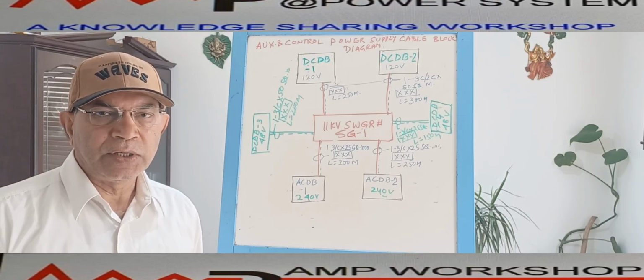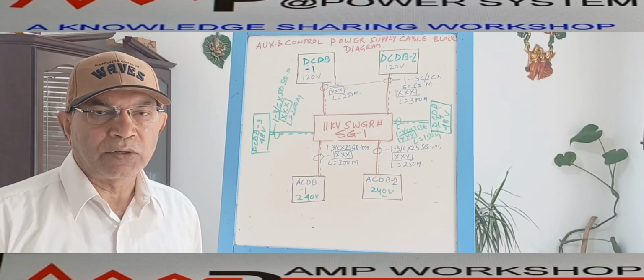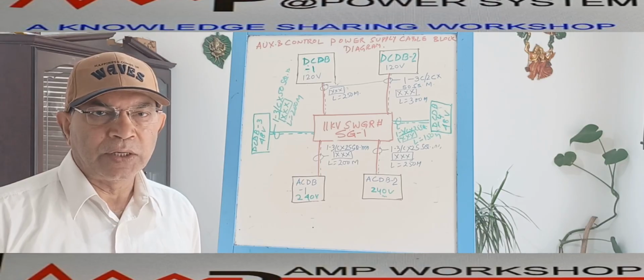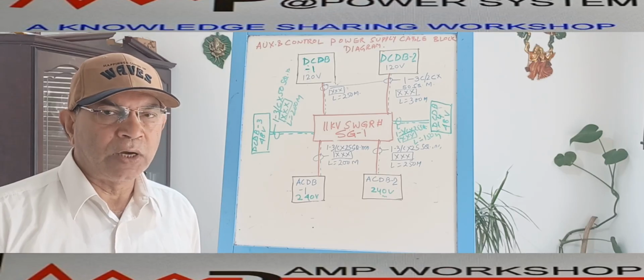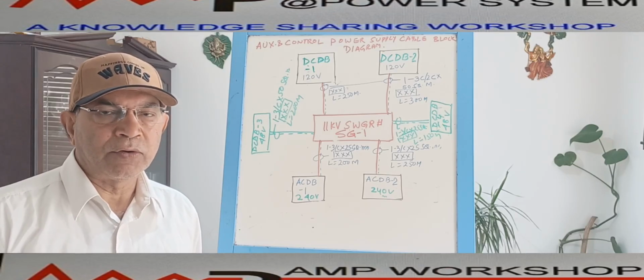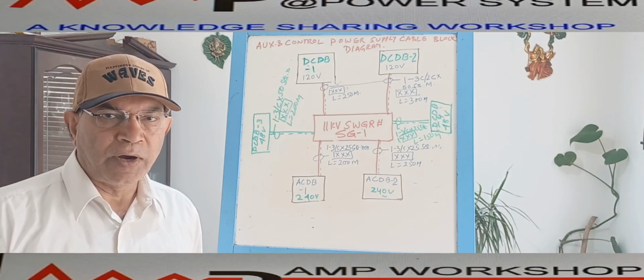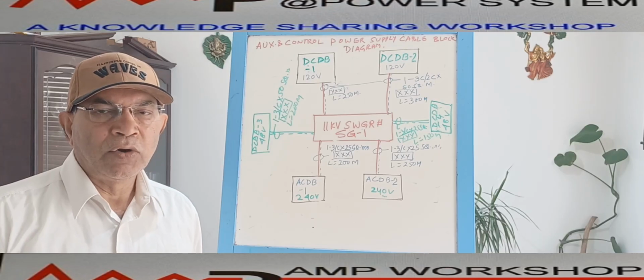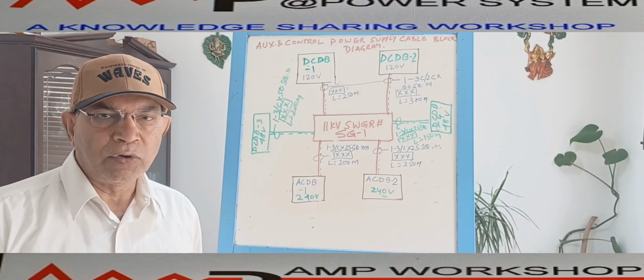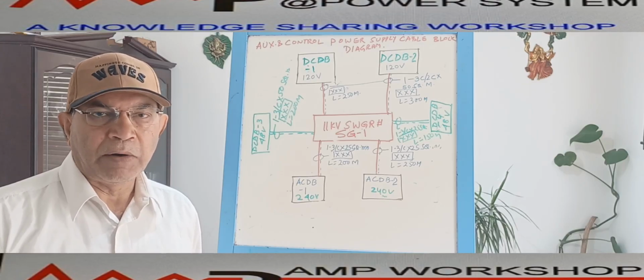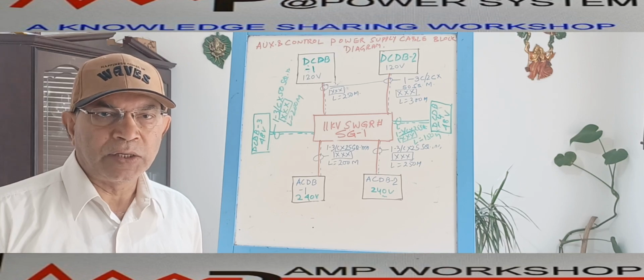We are discussing the switchgear control schematics, and under the control schematics we are discussing the cable block diagram, out of which we have already completed the power and control cable block diagram. Today we are going to discuss the final one, that is the auxiliary power and control power cable block diagram. These cables actually power the switchgear for the various auxiliary AC power as well as DC control